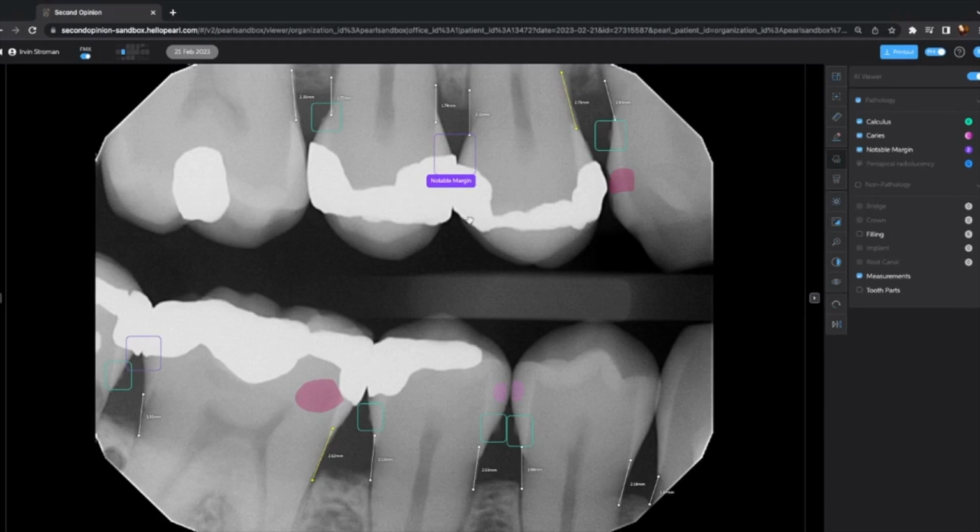And for our caries, these will be 2 shades of pink. If the shade is a darker magenta color, that's indicating that the caries has entered into the dentin. We can see here when I hover my cursor over the caries area, it gives us an outline and allows us to see through into that radiolucency. We also have a breakdown above in that square. This is letting us know that the caries is made up of 4% enamel and 96% dentin. Or up here for this example, it's made up of 69% enamel, 31% dentin.